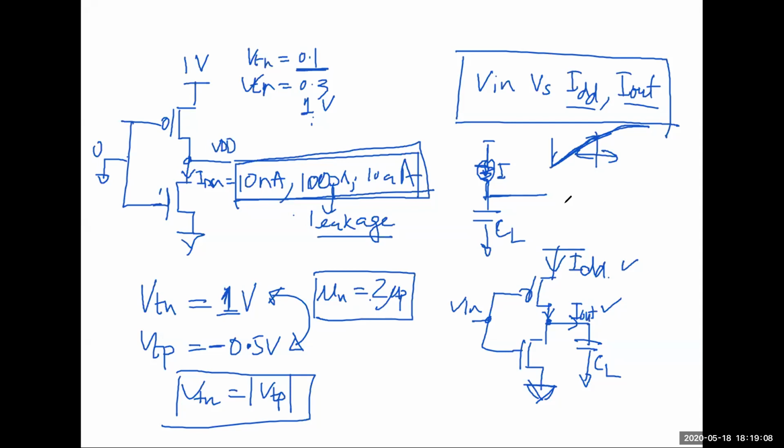One of my favorite questions in analog interviews, and everyone complains about it, is just a C and an R, right? I ask them to draw the S domain transfer characteristics for it. Anyone who's done sixth grade math will be able to do it. But the problem is your problems are not that simple in life. They're not even close to it, right? Very complex. So you have to do it by inspection, like intuitively understand how that curve came about. And when I put it that way, more than half of the people get lost. But that's what you'll need to be good at if you're going into a good corporate environment, because you just can't use equations after